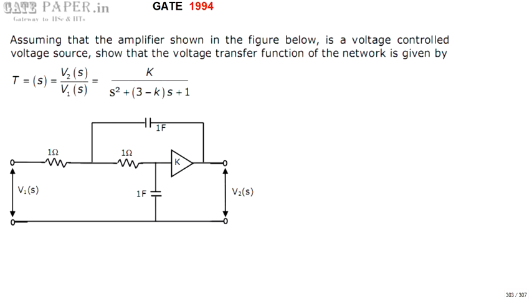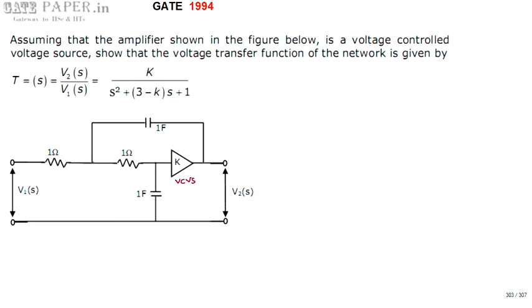Remember that transfer function is nothing but the ratio of output to input in the frequency domain. In this problem it has taken the S domain. So this is K, and it has an amplifier. It is a voltage controlled voltage source, where output is voltage and input is also voltage. So K is a constant, it doesn't have any units. Simply, the output of this amplifier is K times the input signal.